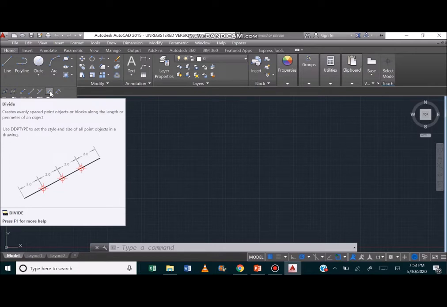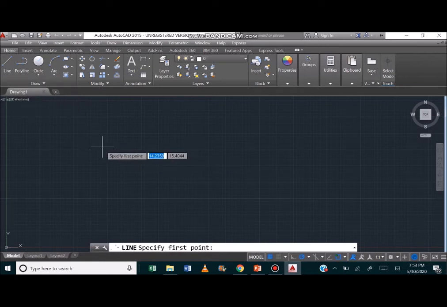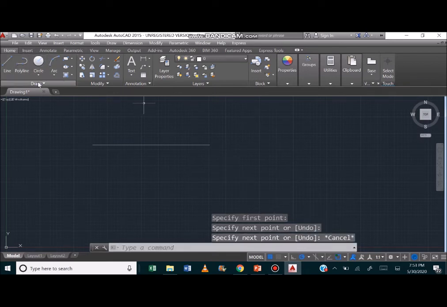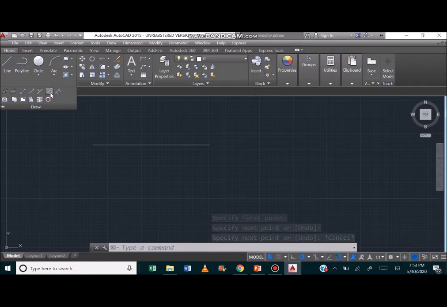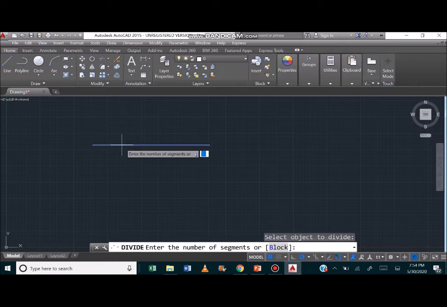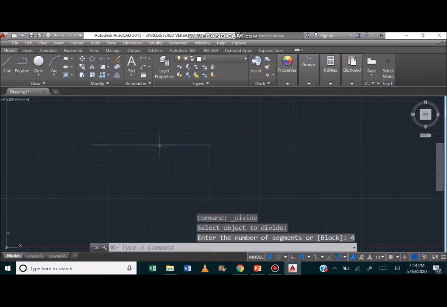So you click on this. First of all, I'll just give a demo that you can draw a line here of any length, and click on the divide. First you have to select this object what you want to divide, so select here. After that you enter the number of segments, means how many parts you want to divide. Suppose if you want to divide this object into 4 equal parts, so I will write here 4 and press enter. So now this object is divided, this segment is divided into 4 parts,